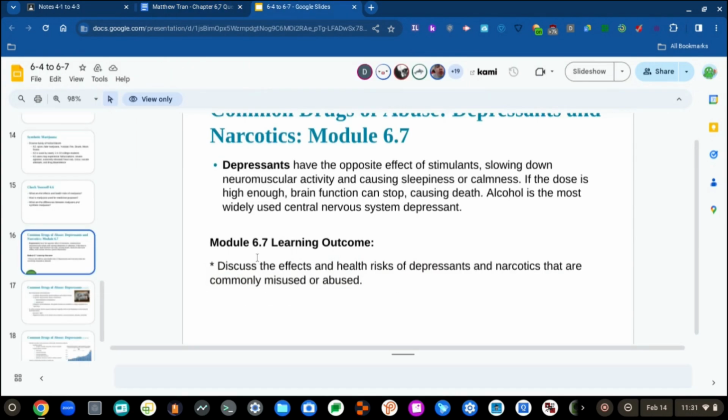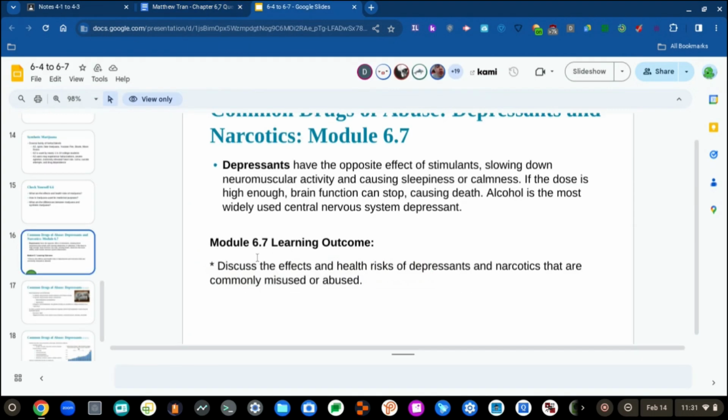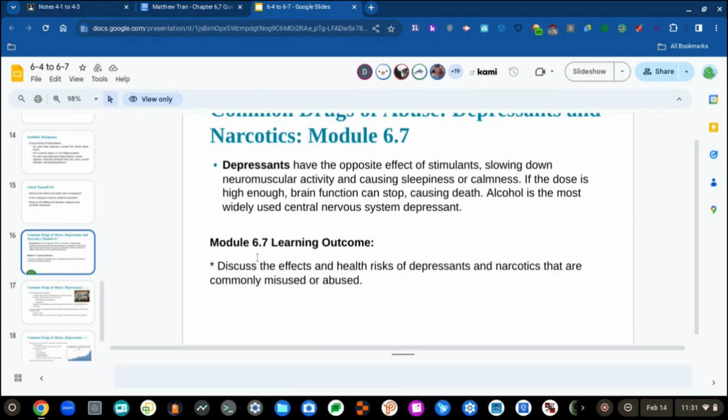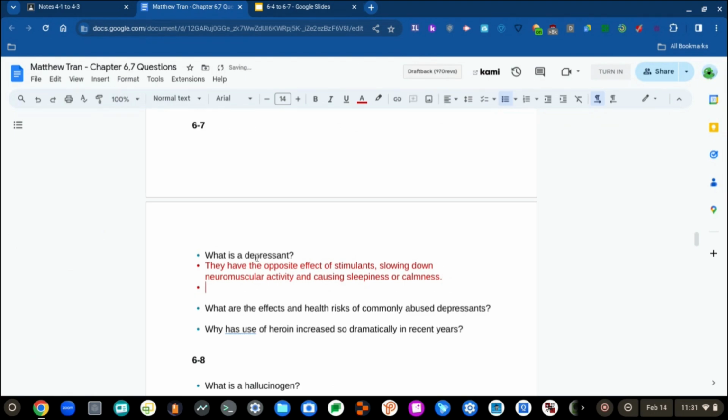All right, depressants. Depressants are the opposite of stimulants, so these things will slow you down. Stimulants will speed you up, depressants will slow you down. They make you calm, sleepy. A lot of people take them either to go to sleep or to reduce anxiety. The problem with depressants is, if you take too much of it, in the case of fentanyl, the reason fentanyl